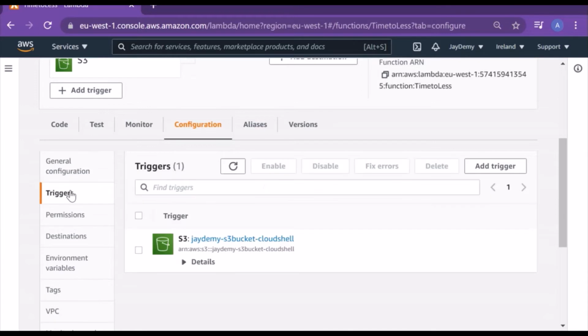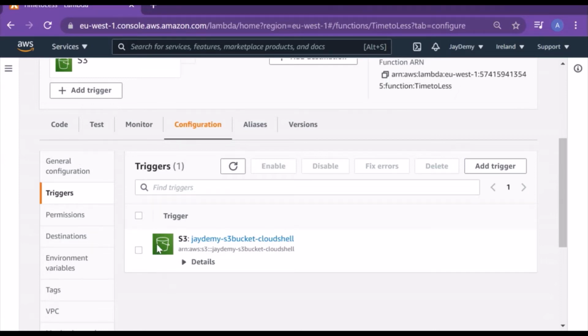A trigger is a Lambda resource, or a resource in another service, that you can configure to invoke your Lambda function in response to lifecycle events, external requests, or on a particular schedule. A particular schedule is like if you want to turn off or start your EC2 instance on a specific schedule, then also you can use it. Your function can have multiple triggers, as I said earlier.